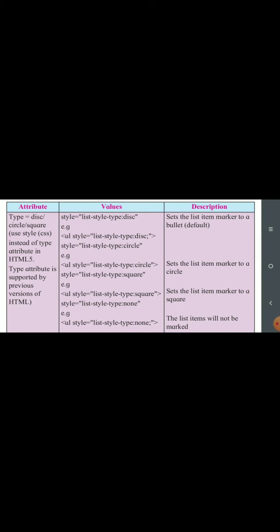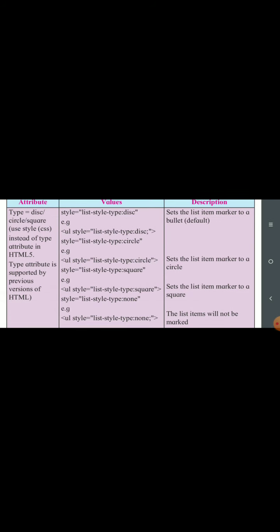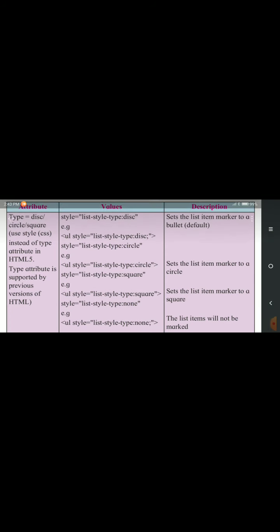Then list-style-type colon circle displays the circle. Then list-style-type colon square displays square bullets. And the last one, list-style-type equal to none, means no list item marker will be displayed.